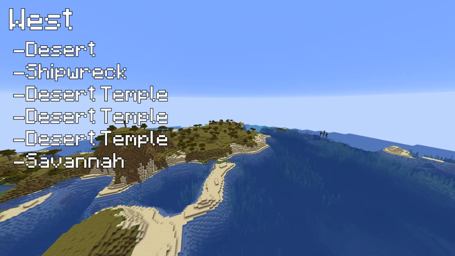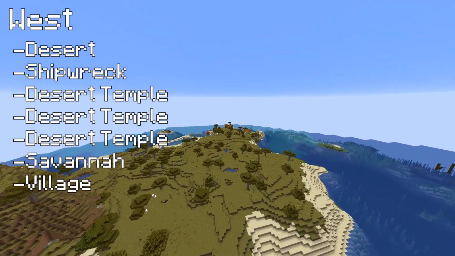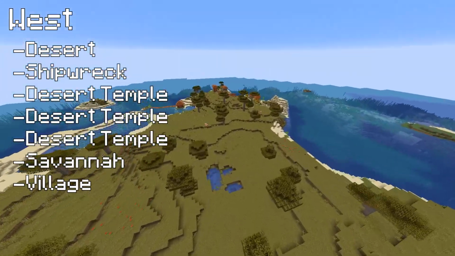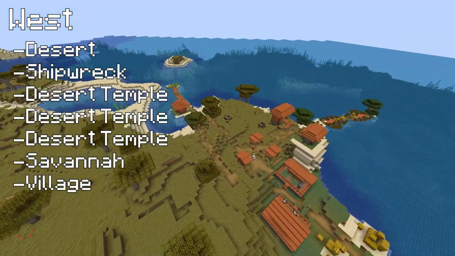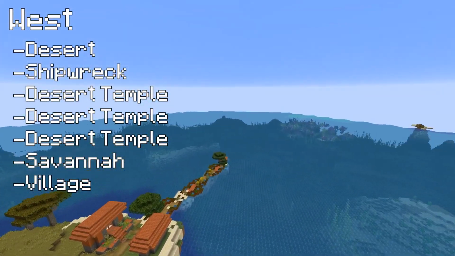And there's another wreck. And we've got another village on the edge of this savanna here. It's actually quite a nice place to build a base on here as well, actually. That would work quite well. I quite like that. Teeny tiny village, this one. Not much there at all, is there? But even so, very useful for resources. And then we go over...